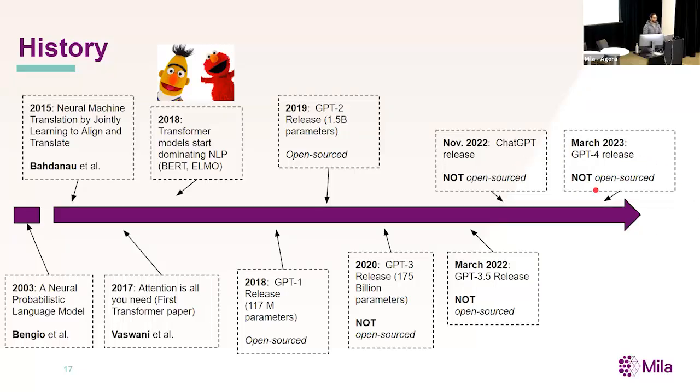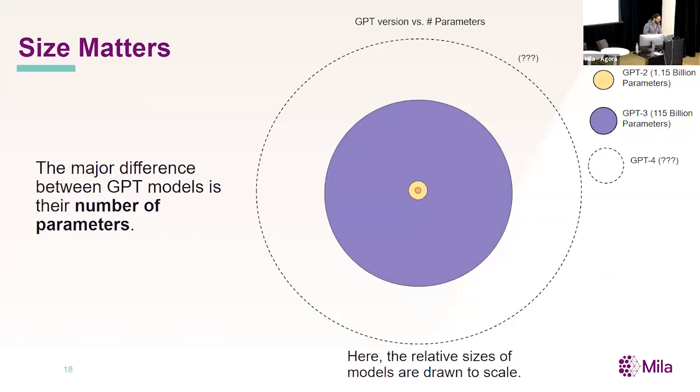We're in March 2023. GPT-4 has been recently released, and I'll talk a little bit about that in just a few slides. So let's talk a little bit about model parameter size. The model size does seem to matter. So here I tried to put to scale these different model parameter sizes. You can see GPT-1 here in the middle, this tiny little model, then gives rise to this next GPT-2. And you can see that the model size just keeps increasing.